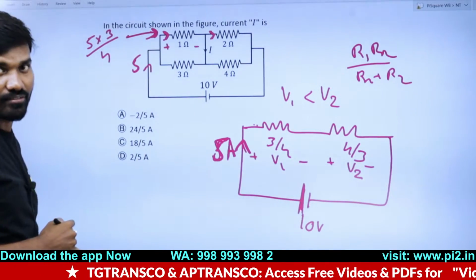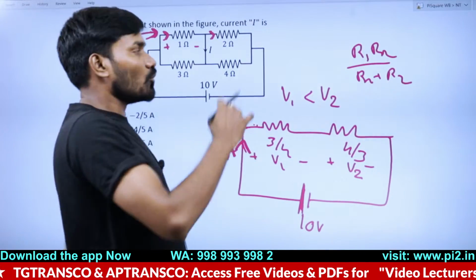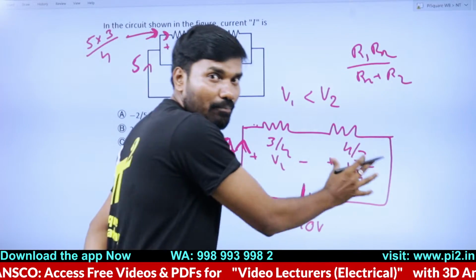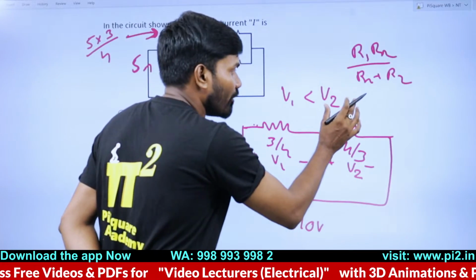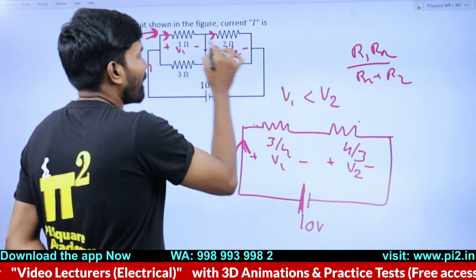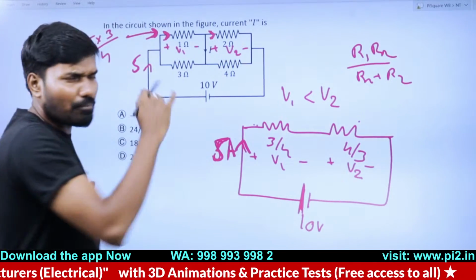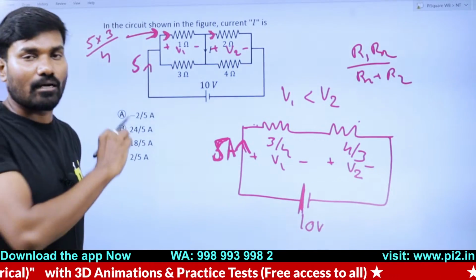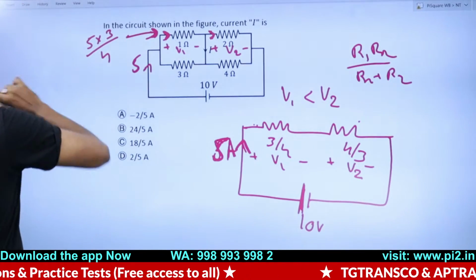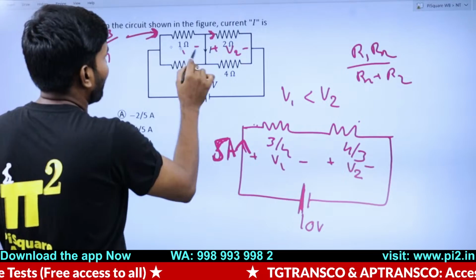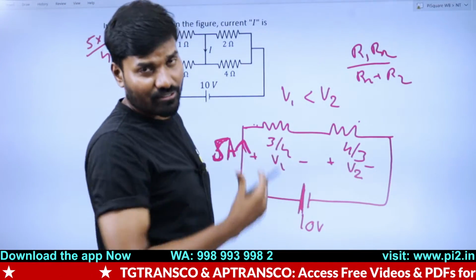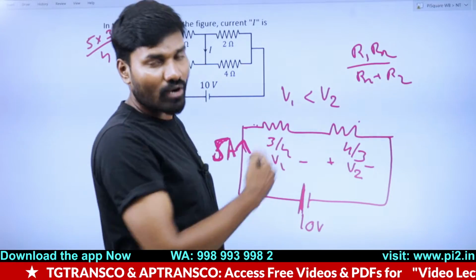You don't have to necessarily do this current division. You can also apply voltage division here. Find V1 and V2, and if you keep those V1, V2 values here, by using Ohm's law you'll find this current and this current. There are a couple of methods you can use. All right. So let me go for this qualitative method of finding the voltages first, because that's going to be easy for us. We're making a qualitative analysis anyways.